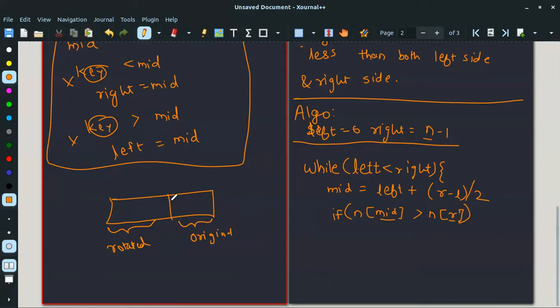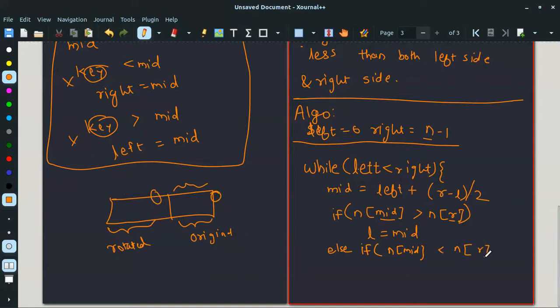So if our mid has landed somewhere here, and we are comparing it with the rightmost part, if our mid element is greater than the rightmost element, we can be sure that our element lies in this right half. So we will move our left pointer: left is equal to mid. And else, which means if the number in the middle is less than the number on the right, then our middle is somewhere here.